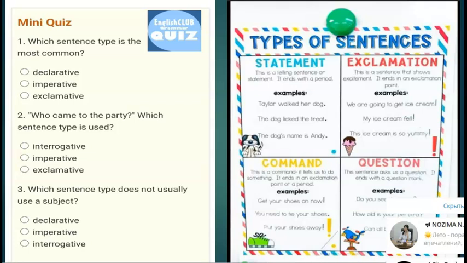Here is a mini quiz for you. Let's read it and define. Which sentence type is the most common, do you think? You may mark your answer on your answer sheet, so at the end we will check together. Second one: who came to the party? Which type